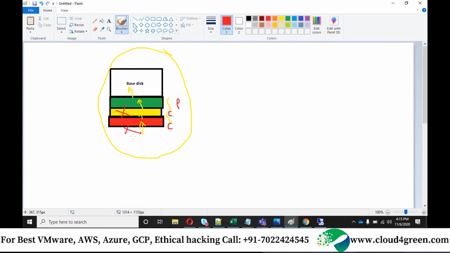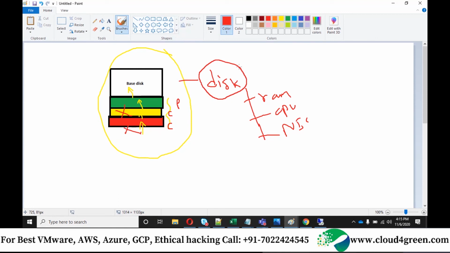Yes, sir. So we usually won't recommend using a snapshot disk in the disk format only. A snapshot disk is only disk changes. It will not have RAM, CPU, or NIC card. It is just a disk at a point in time. Whereas an image,